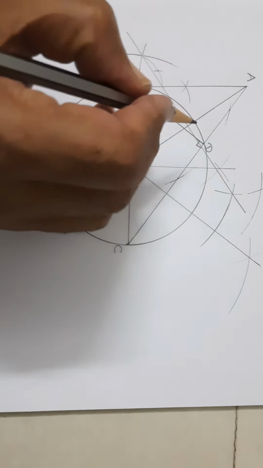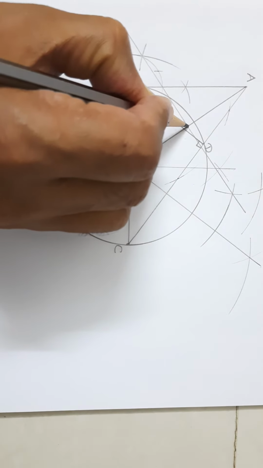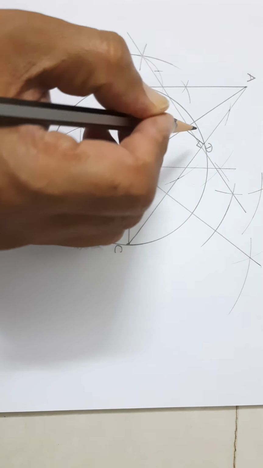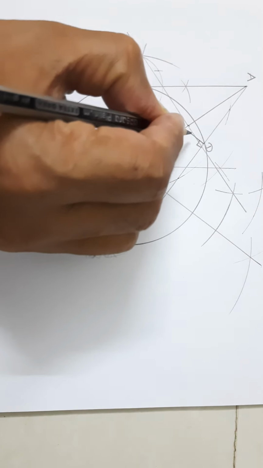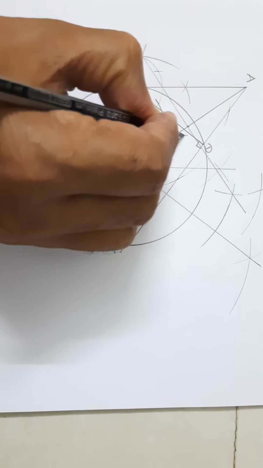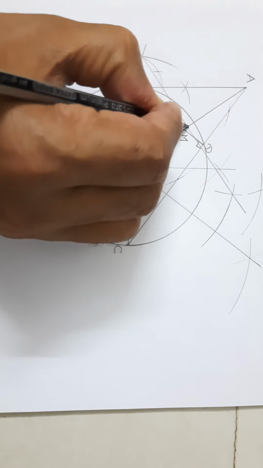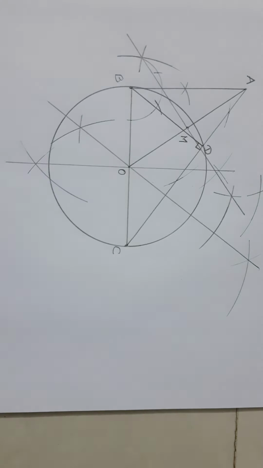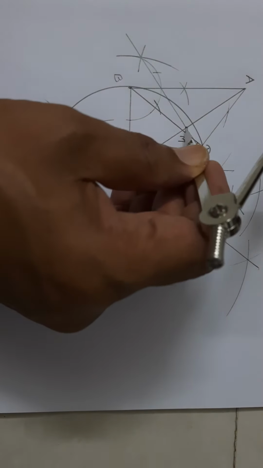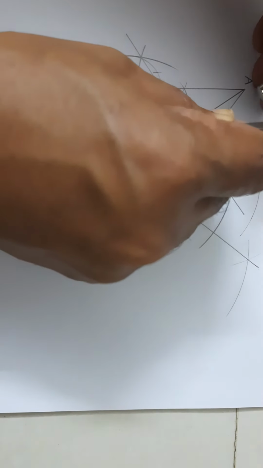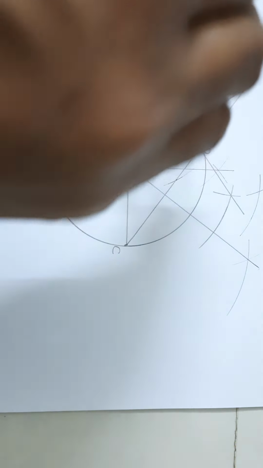So here this is what I draw. This particular point, that is the midpoint of OA, I call it M. Let me write a little away. Remember this point is M. Now taking this as the center and MA as the radius, or OM as the radius, I am drawing a circle.